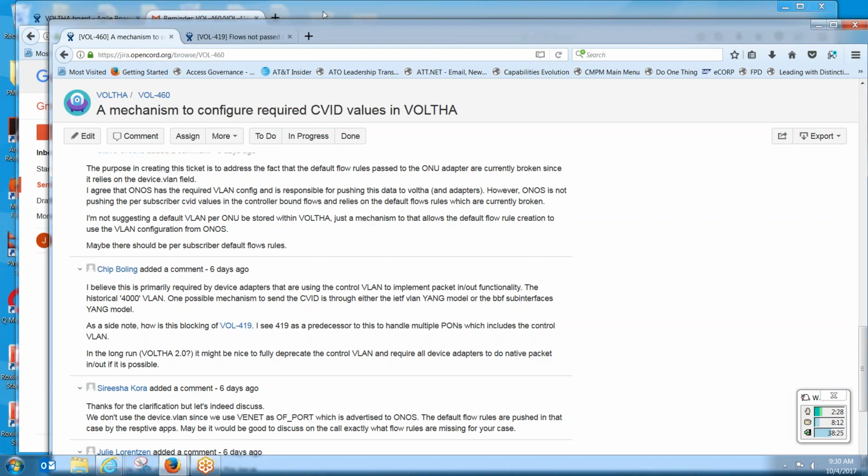We can't do it one per ONU. We can at least do one for all the ONUs. Okay, that's something to look at. Okay. So Risha, just so I understand that from an owner's perspective, it's not provisioning the service VLAN